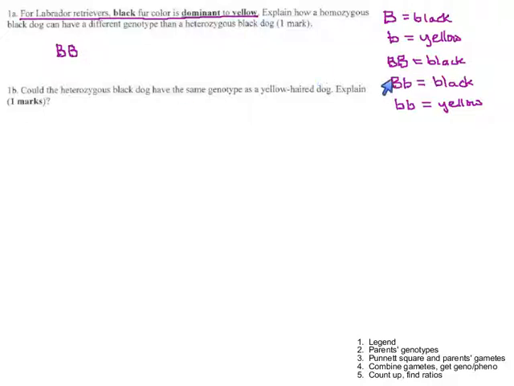Well, our legend pretty much answers this question. If they wanted to make this a little harder, they'd say, like, explain how two black dogs could have different genotypes. And the answer is, you can be homozygous for black, or you can be heterozygous for black. You can be big B, big B, or big B, little b. As long as you have one or more dominant alleles,